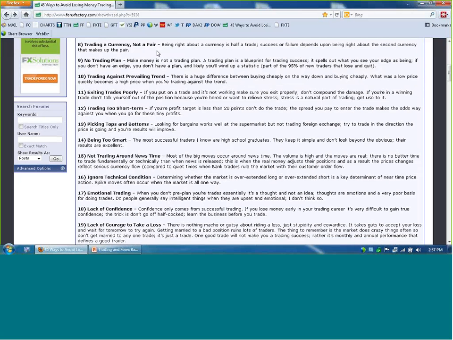Another common problem with the retail trader is they get a view on a currency. I like the dollar, I like the euro, and they don't make enough of an effort to study up on what currency they're going to pair it with. We can't trade one currency. We have to trade a currency pair, which means, in effect, the exchange rate, what you're betting on, whether the exchange rate goes up or down, is a function of two things.